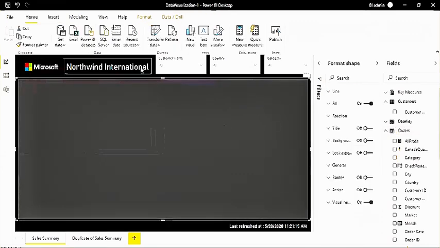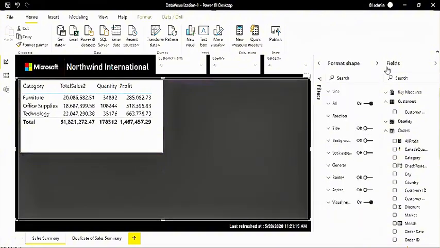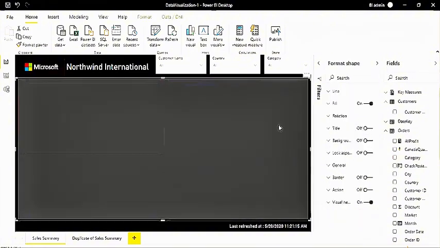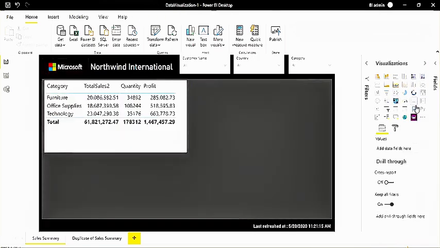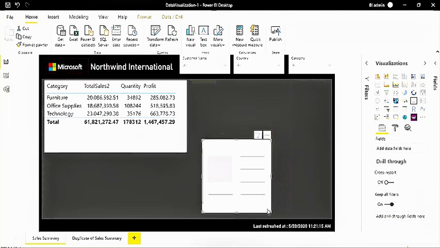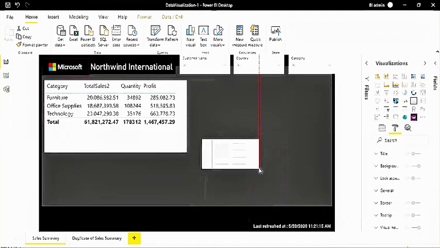Now I add this tabular data onto the first quadrant, and some other important data in card visuals. These card visuals I'm going to add here into the fourth quadrant. Why they are overlapping each other, I will tell you, and how you can handle it.